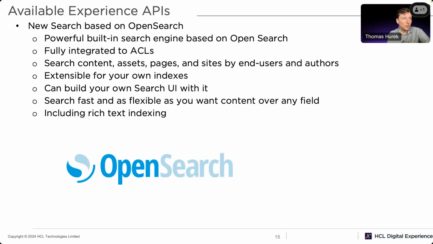So OpenSearch is a very modern platform that brings our search back to the latest capabilities. It leverages access control automatically. So here again, the pattern I mentioned before, that security is top of our mind in digital experience, making sure that only people that are allowed to see certain things can retrieve the right content, can retrieve the right data. You can use the OpenSearch capability to search content, to search assets, search pages, and all of that is possible